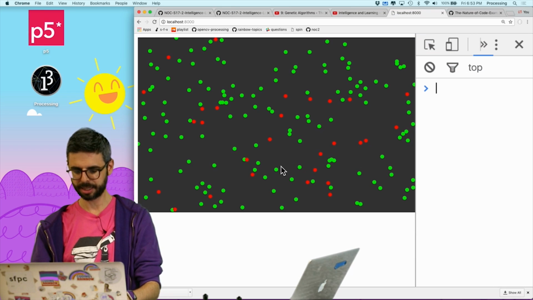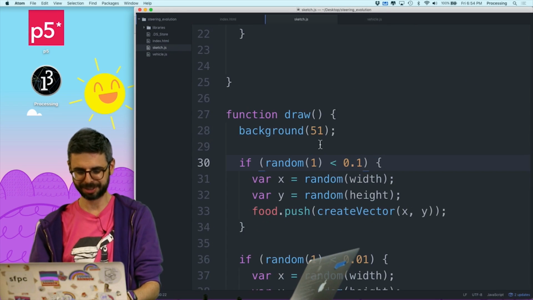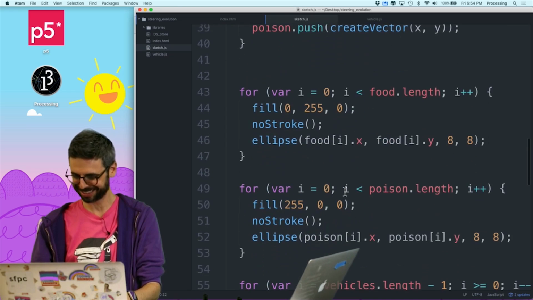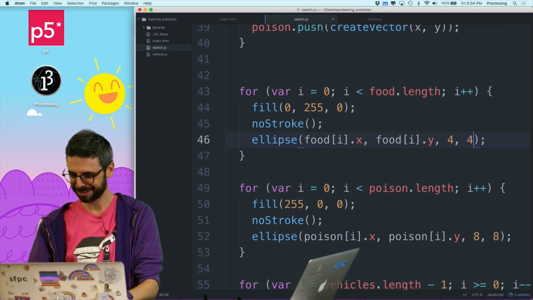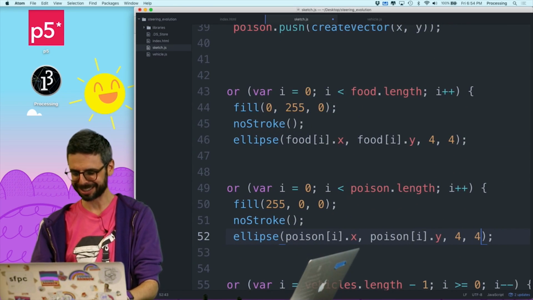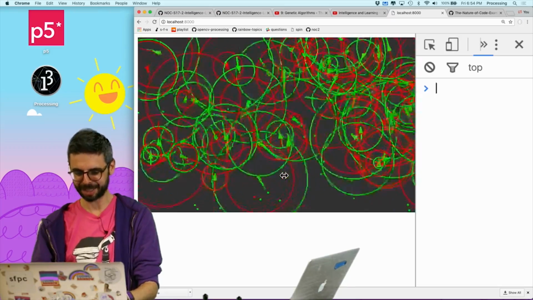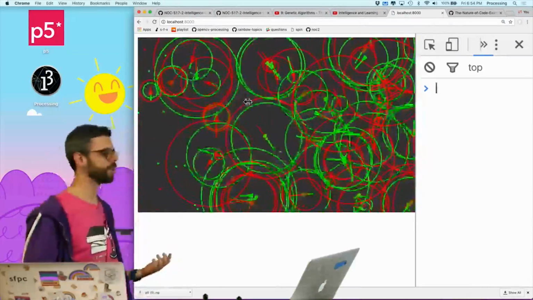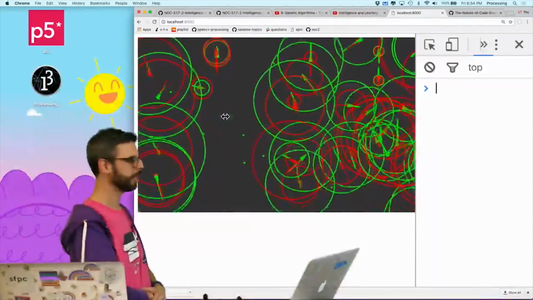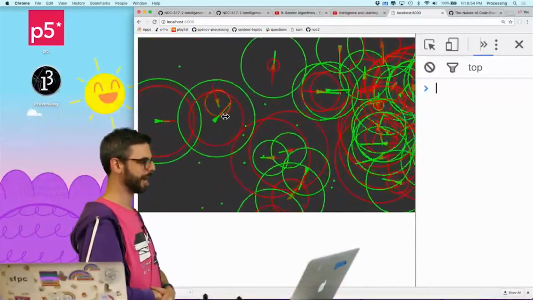And it's kind of bothering me how big those dots are, which is so unnecessary, but I'm going to draw them a little bit smaller. I don't know why, since design is clearly not my forte, but let's let this run. And also I could add something where I could click the mouse and add new vehicles, but let's see what we get over time here.